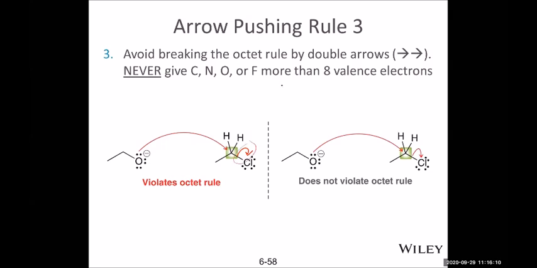Among the organic chemical reactions, we almost never break the octet rule. Even though phosphorus and sulfur can be non-octet, those atoms are rarely involved in organic chemical reactions at our level. So we don't allow the non-octet, except hydrogen.